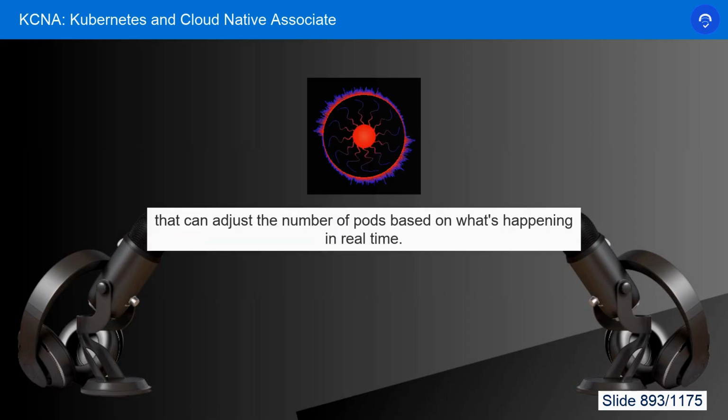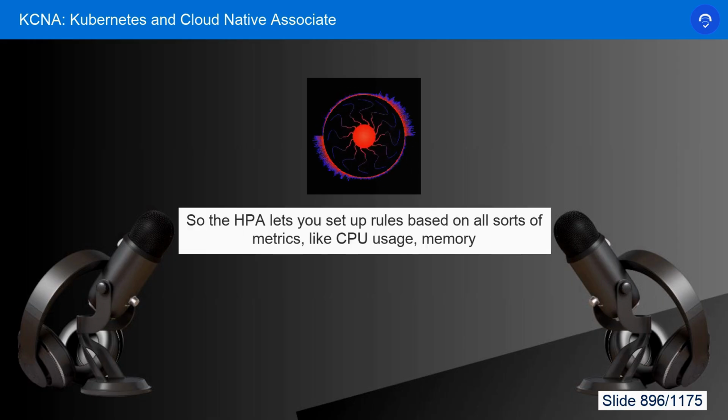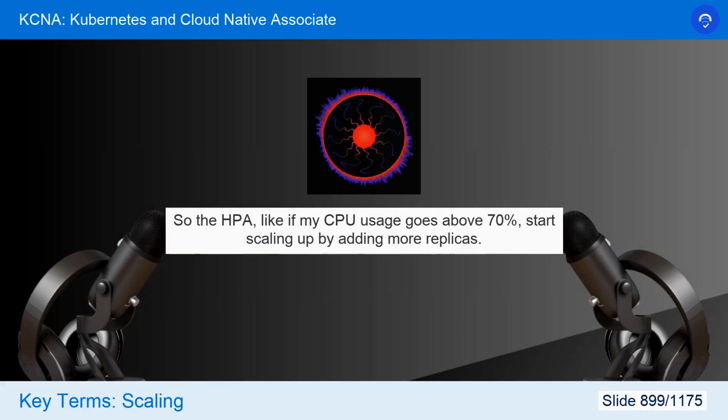That can adjust the number of pods based on what's happening in real time. Oh, that's pretty cool. Tell me more about this HPA. So the HPA lets you set up rules based on all sorts of metrics, like CPU usage, memory consumption, or even custom metrics that you define yourself. Oh, cool. So I can tell the HPA, like, if my CPU usage goes above 70%, start scaling up by